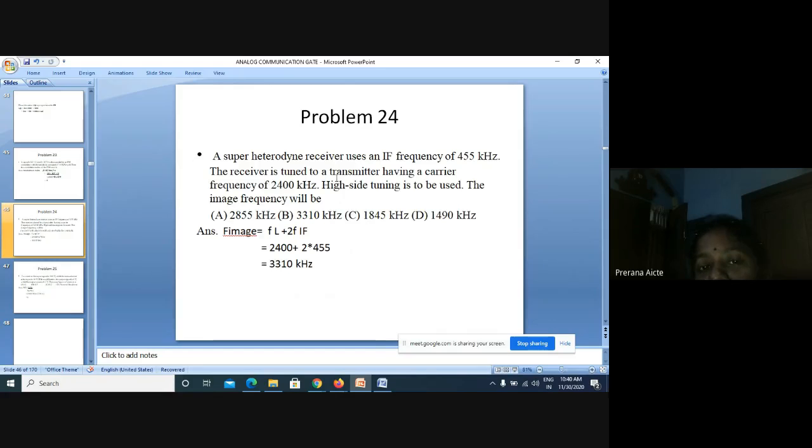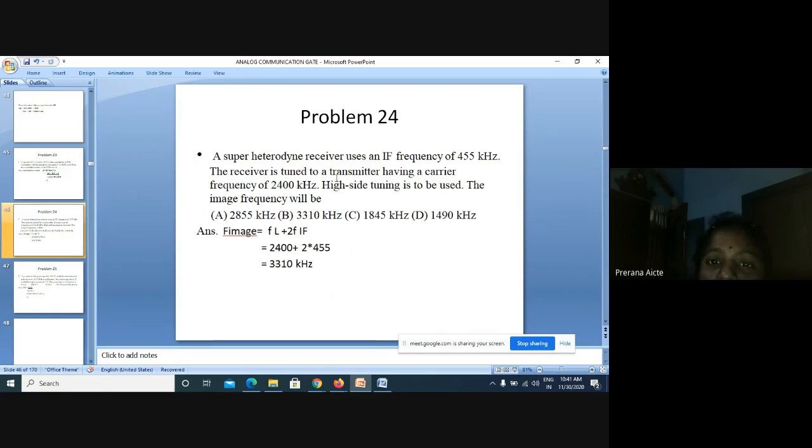So the first stage is the RF amplifier, the radio frequency amplifier. The output of this is given to your mixer. To the mixer, we give another signal from the local oscillator. We generate another carrier signal. By making use of these, we convert the received signal into an intermediate frequency. Now we'll go with another example.